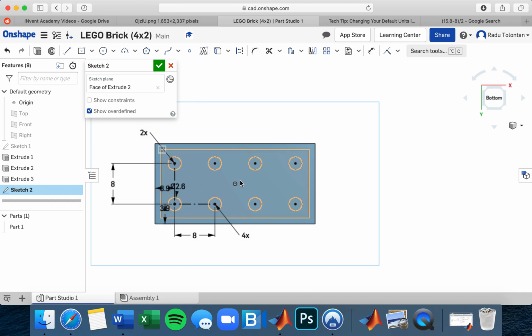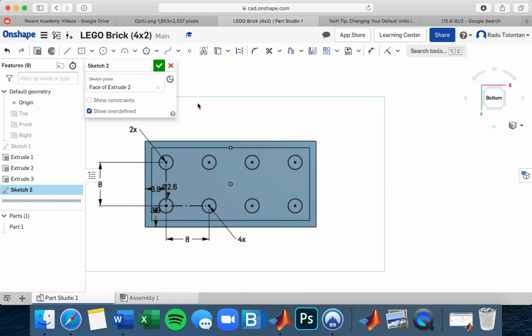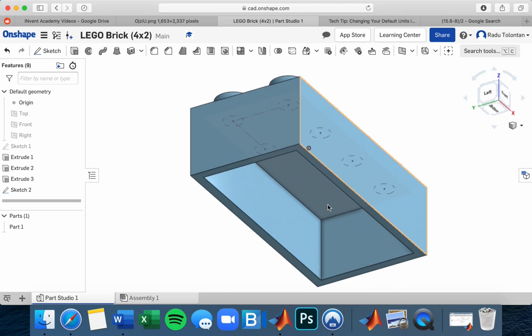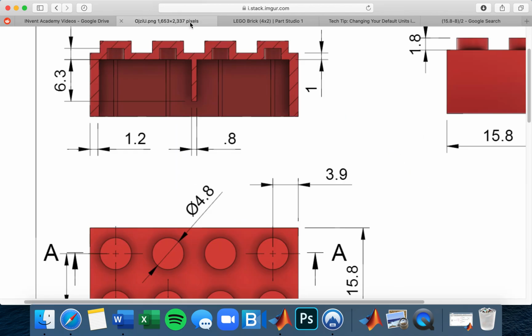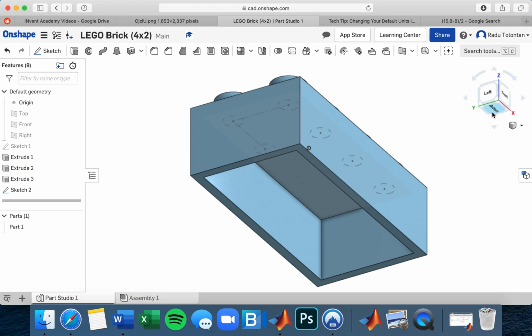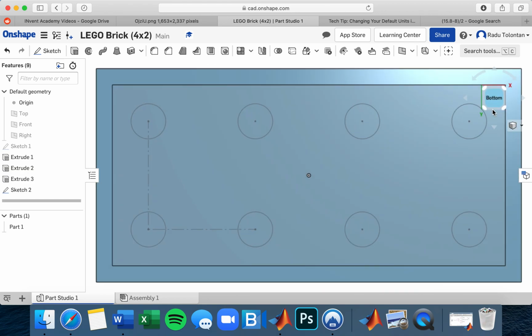Would you look at this? Beautiful. Now, if I exit the sketch, you will see that inside our block, there is a tiny little sketch that has all of these pegs inside. Let's see how deep these cuts have to be. Over here, you will see that while the top peg extends 1.8 millimeters upward, the inward holes extend 1.7 millimeters upward. So what I will do is I will go to the bottom feature,